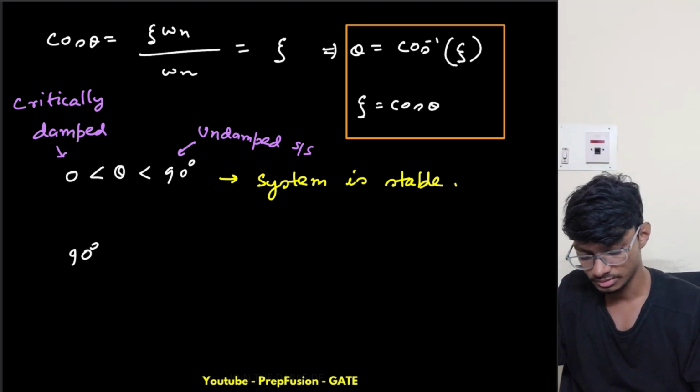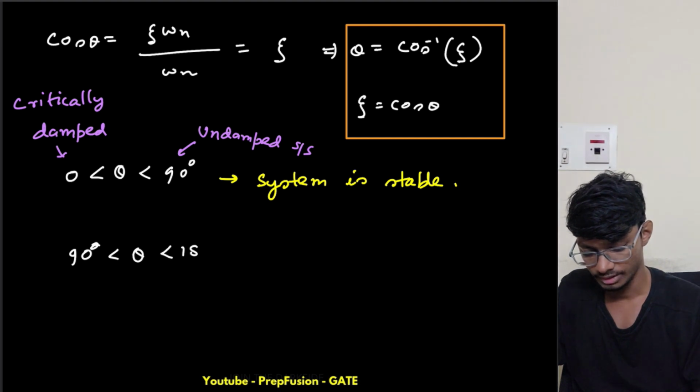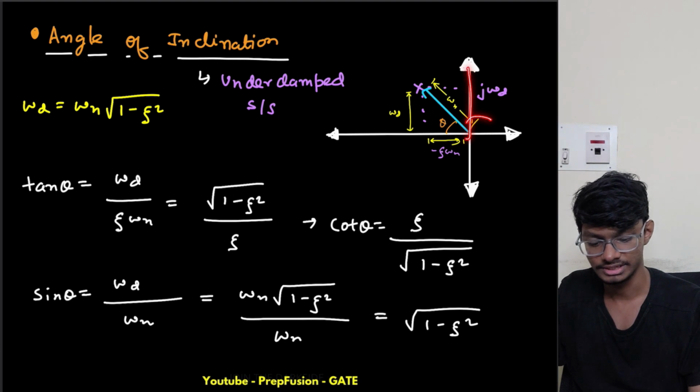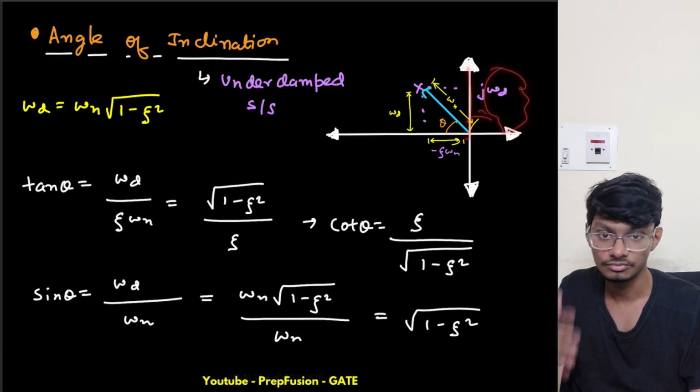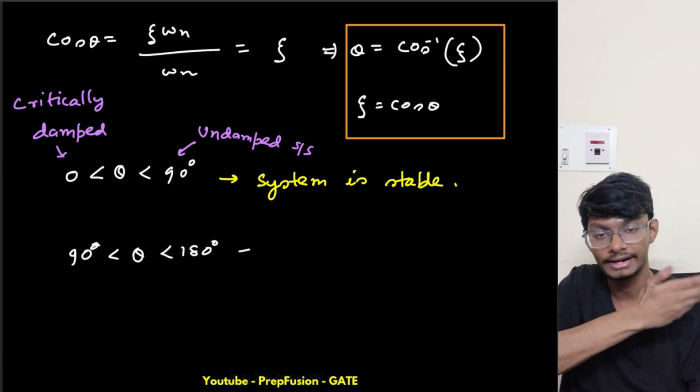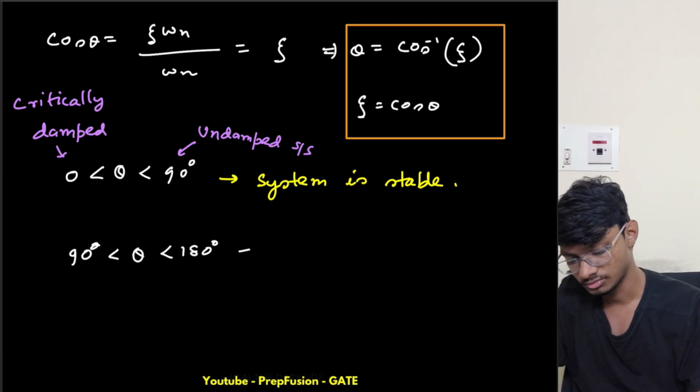If my theta lies between this range up to 180 degrees, what does that mean? So this is going beyond this axis. If my roots lie in this range, what does that mean? That means my system is unstable. It is basically that the roots are on the right-hand side of the S-plane. So the system will be